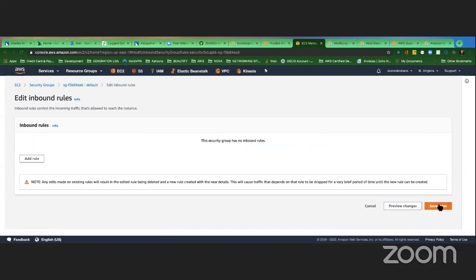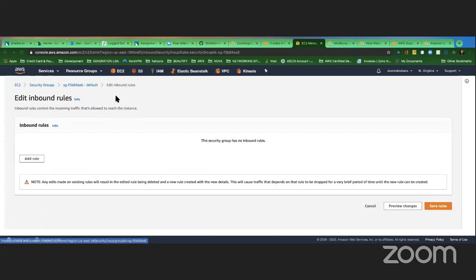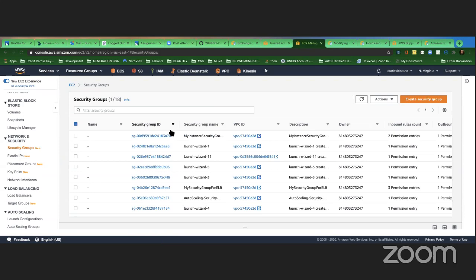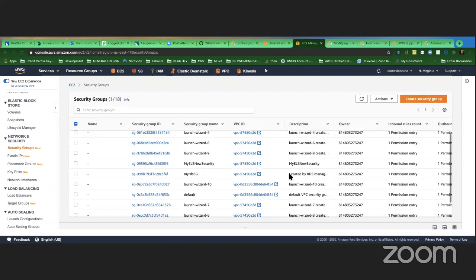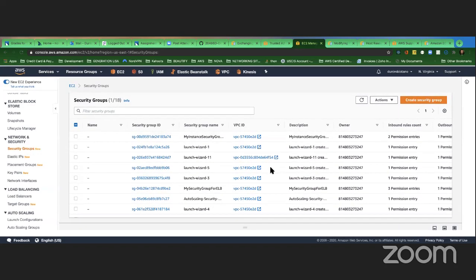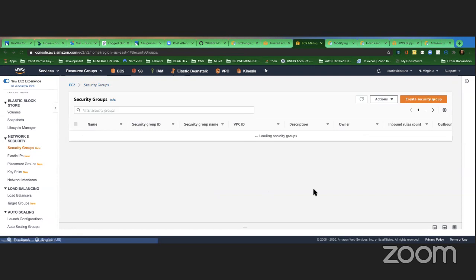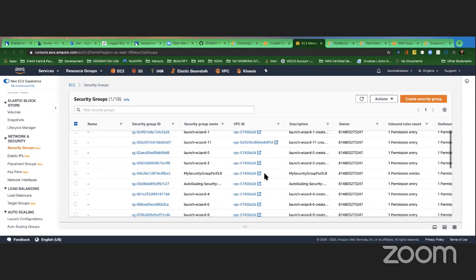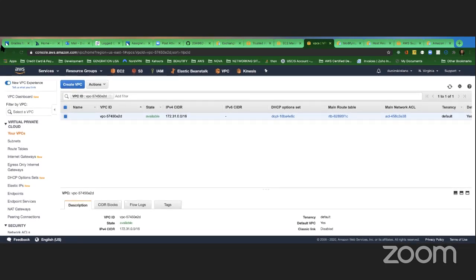And this one too. What else? Two entries here. Let me see this. Oh, 80 and 22. And this entry, three entries, is 80 and 22. Oh, what did I click on? Okay. All right, so